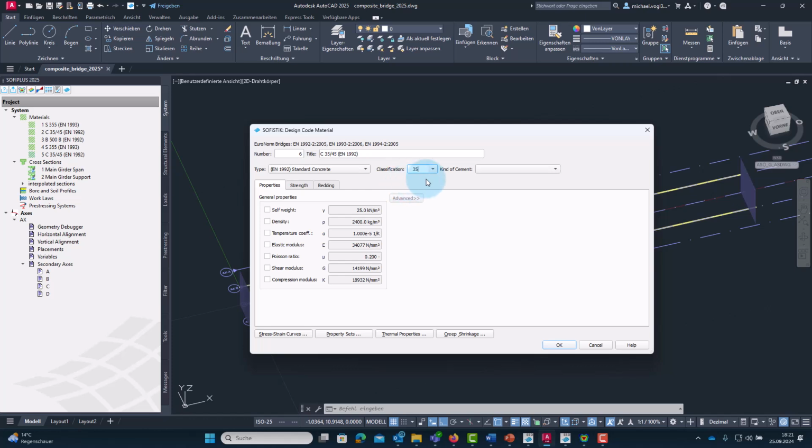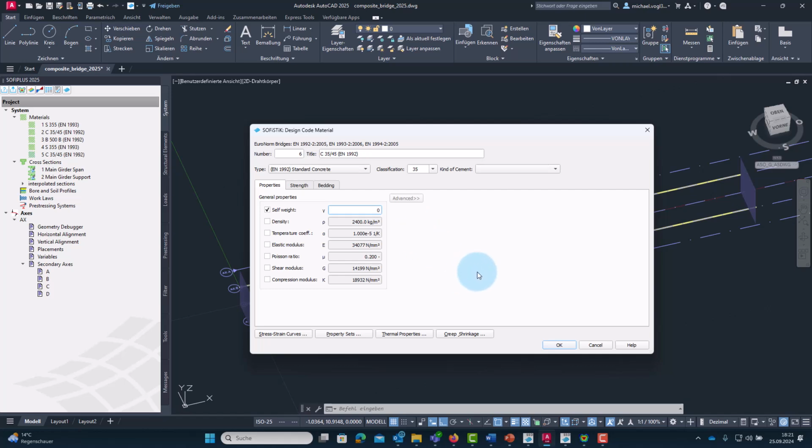And now important, as we have the concrete already assigned in the definition of our beam cross sections, we set the self-weight of the new concrete material for the structural area to 0, otherwise we would have the concrete weight twice in the system.